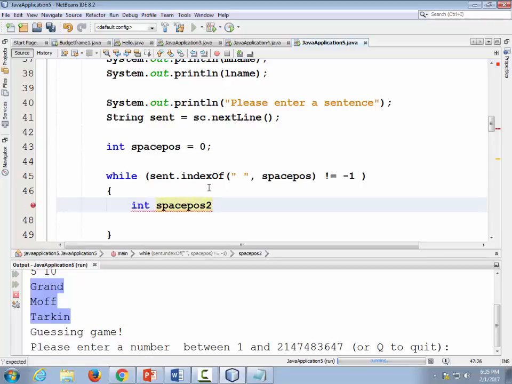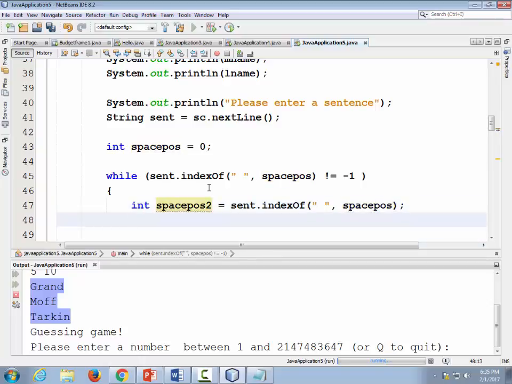I'm going to call it space 2, is equal to indexOf that space starting at the original position. And if that's greater than 0, if spacePos2 is not equal to -1,